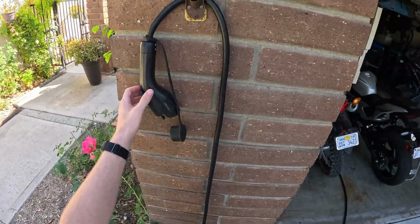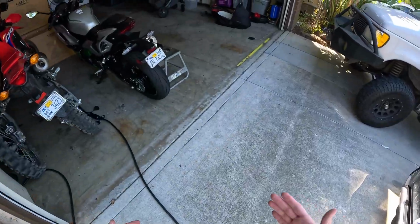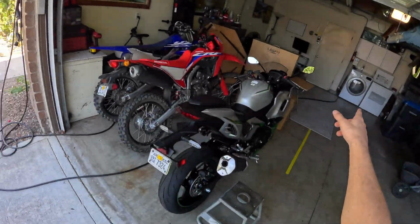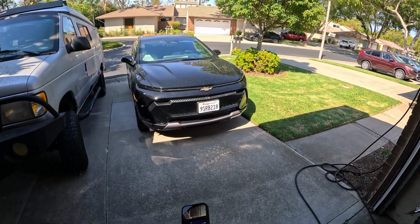If you've seen some of my other videos, we typically just charge level 1 for Alyssa's Bolt. But if there are situations like this where I need it to charge up quicker, or it's one of my review vehicles, I use the level 2 charger running all the way through. Love having that extension. So as I said, we were able to charge the Equinox all the way back up,